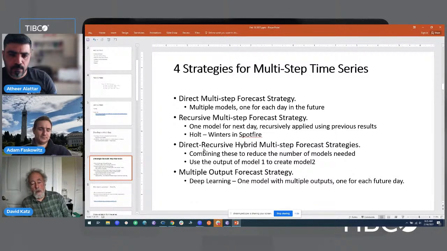Now you have some artificial data, and you can recursively apply that to get the subsequent results. That's what's done in Spotfire. You can also combine these methods, where you use the output of a direct model to then create model 2, and doing it in those two steps helps smooth out some problems. And of course, now you can use a deep learning type of model, and you just have multiple outputs,